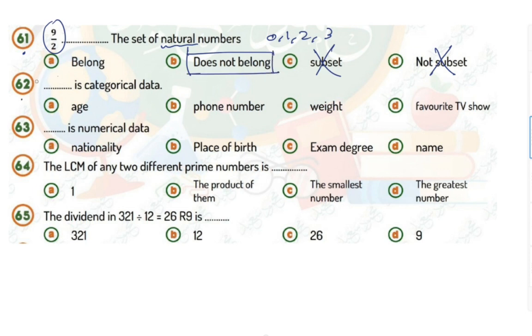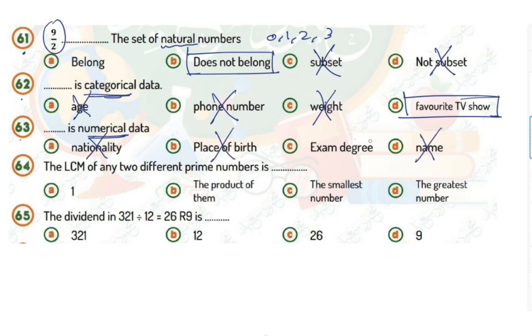62. Blank is categorical data. Categorical data is not a number. Age is numerical. Phone number, just a number. Weight is a number, but favorite TV is just categorical data. Okay. 63. Blank is what? Numerical. That means number. Is nationality a number? No. Is place of birth a number? No. Name is not a number, but exam degree